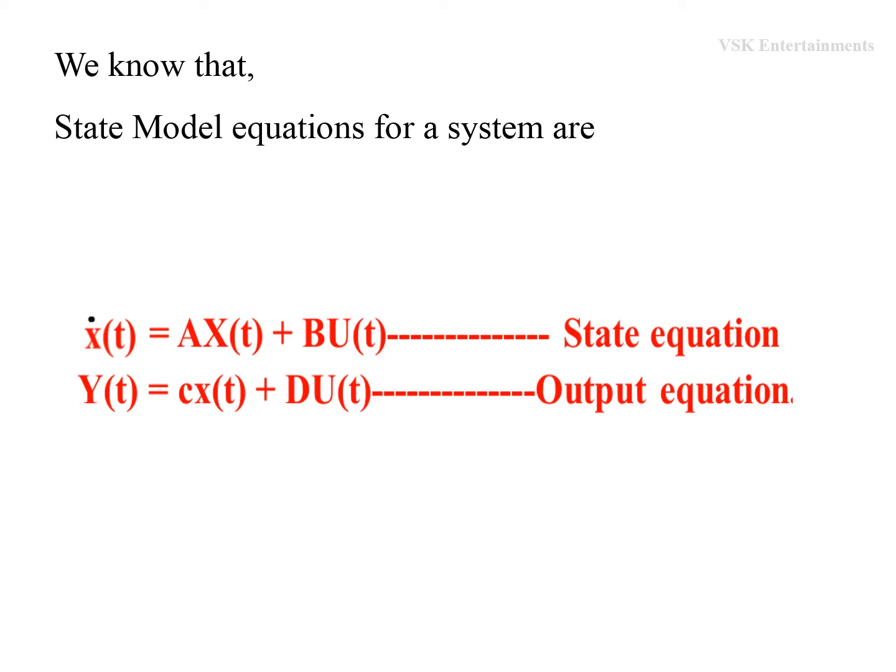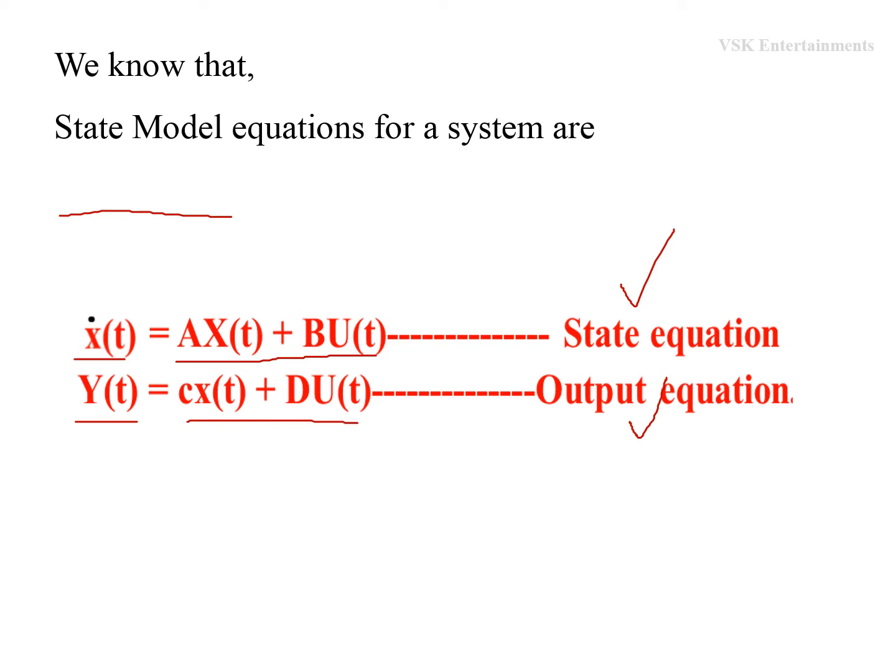Obtaining the transfer function from a state model is very simple but very important from the JNT point of view as well as the GATE point of view. The state model represents two equations, that is the state equation and the output equation. The state equation is given as x dot of t is equal to A into x of t plus B into e of t. Similarly, the output equation is y of t is equal to C into x of t plus D into